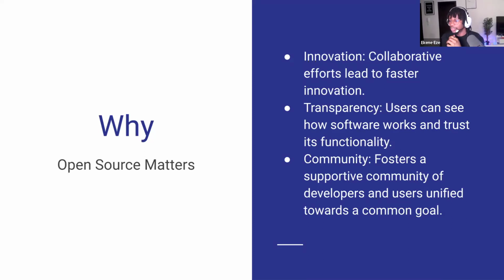And then it also helps foster a community of supportive developers who are unified towards a common goal. This is the one that I really care about the most. There's this movement, this community of open source developers that is ongoing at the moment, right? It's kind of like a collection of different people who are all working together towards a common goal, and that goal is to make sure that we have, at least in the Web3 scene, a decentralized world, right? And one way to do that is open source.